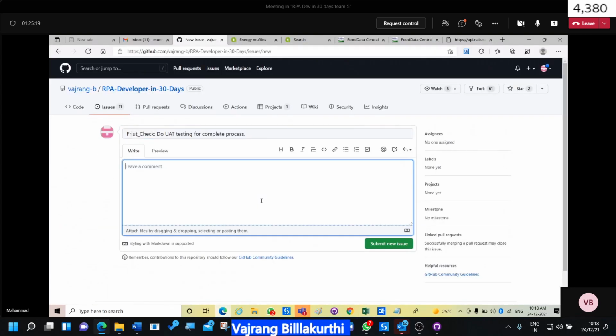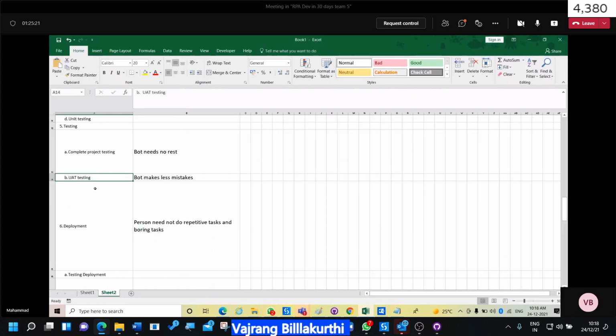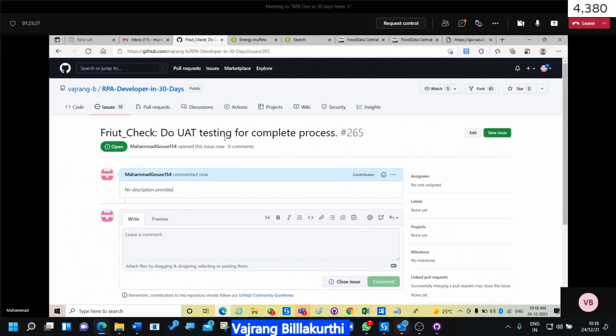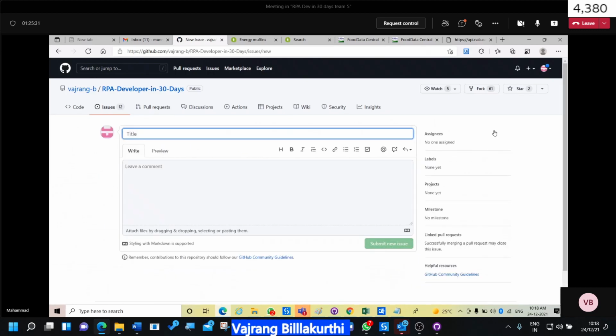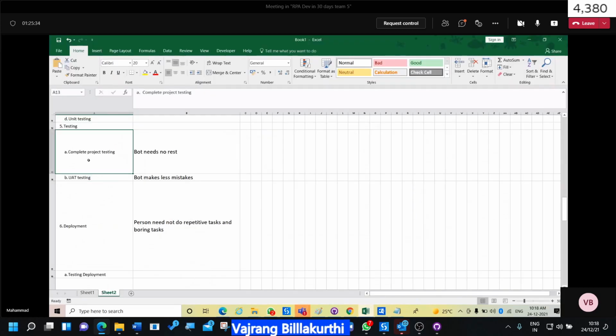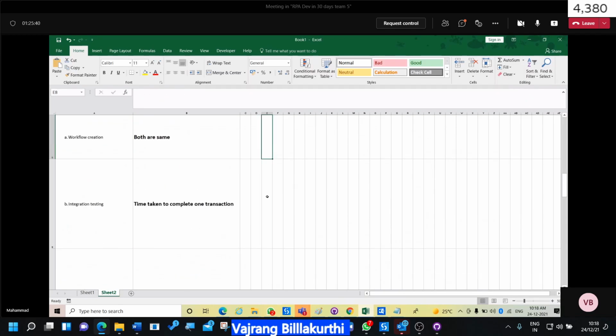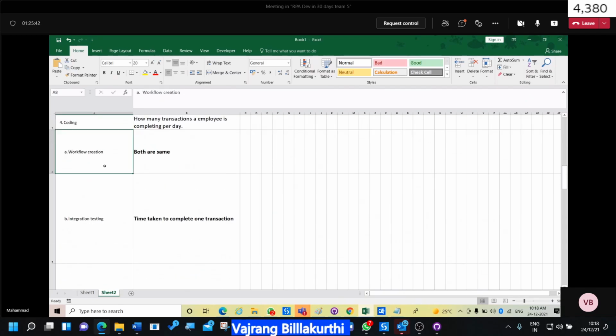Raju. So I'm creating a task for UAT testing. Okay, Raju. It's okay. So I have created a separate task for UAT. So in the development workflow, in coding workflow creation, did you do complete testing?